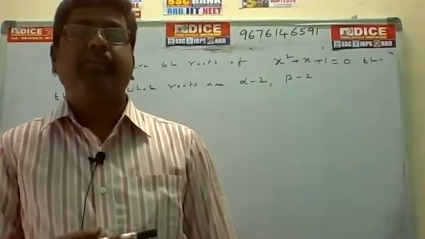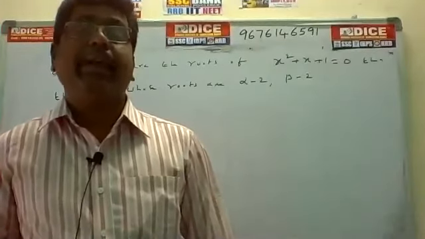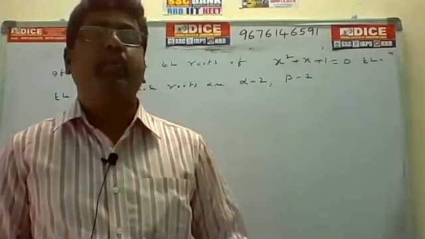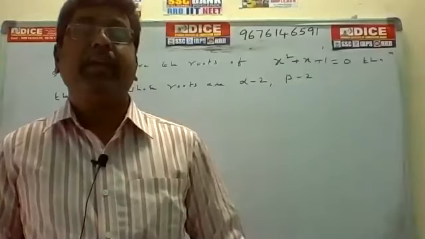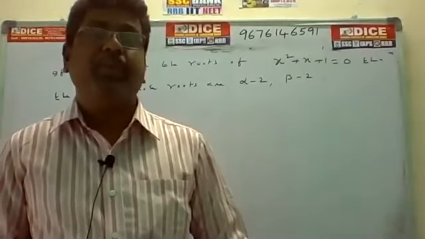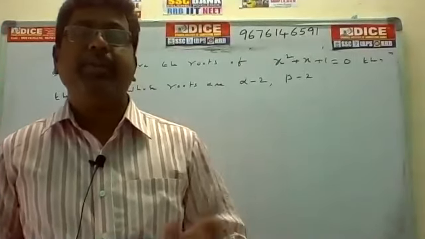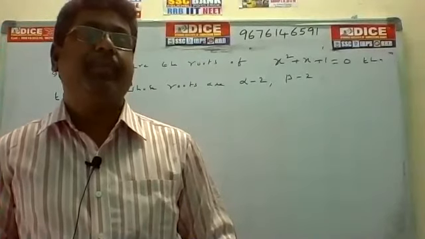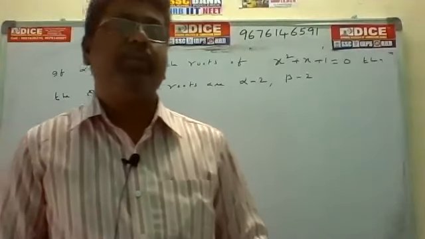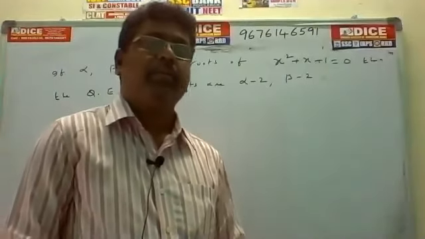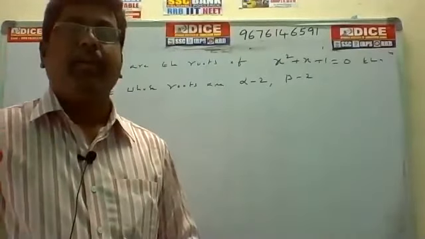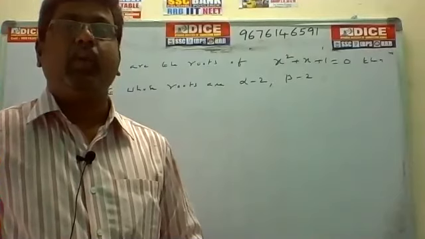For alpha minus 2, beta minus 2 as roots, you have to take f of x plus 2 is equal to 0. The condition is that in place of f of x, you take f of x plus 2 is equal to 0. Alpha minus 2, beta minus 2 means you can take x plus 2. Remaining one. Only two members are in the answer.